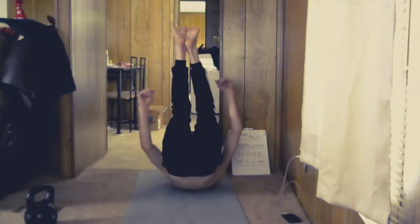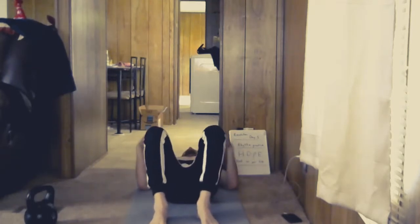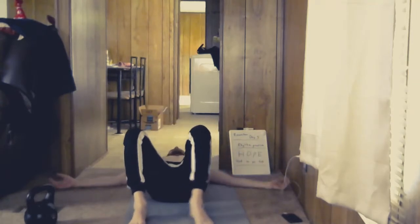Really nice work, everyone. So again, it's not what we do, but how we do it. So even as you transition to your back here, stay present. And when you get there, get centered on your yoga mat. And send the arms out to a Texas T. So we're going to play in